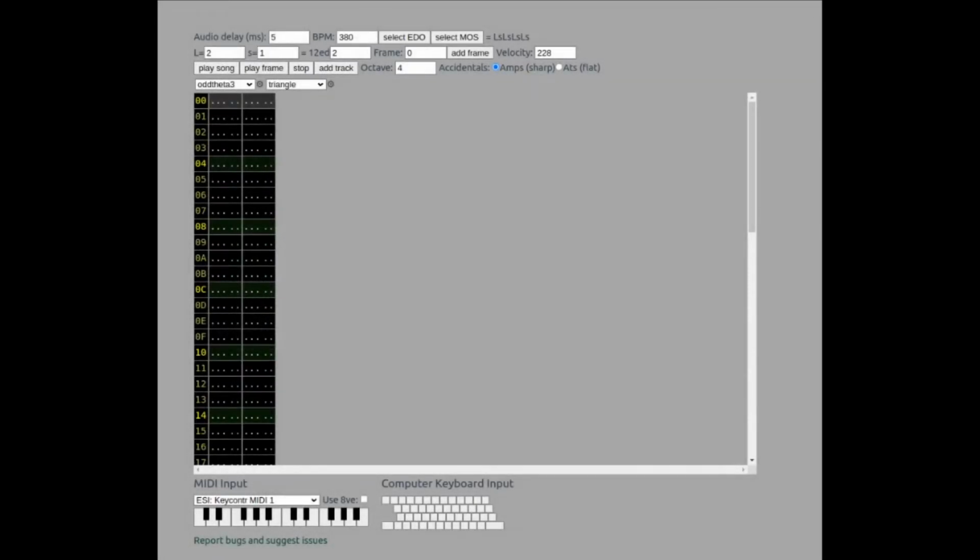Let's choose the tonic one. And it's quite easy to play now. It's completely linear on the keyboard. And what you'll notice if you enter the notes here,